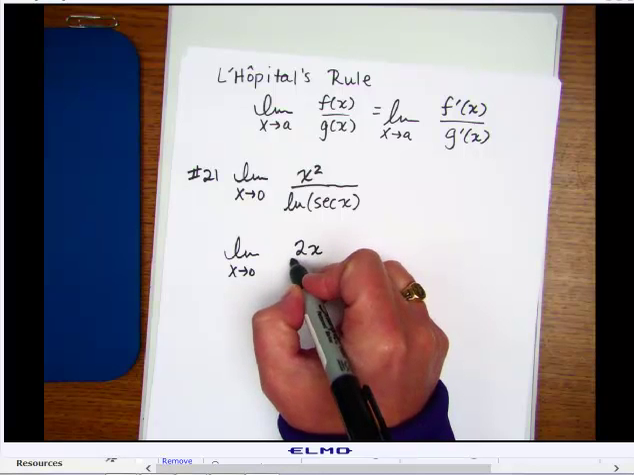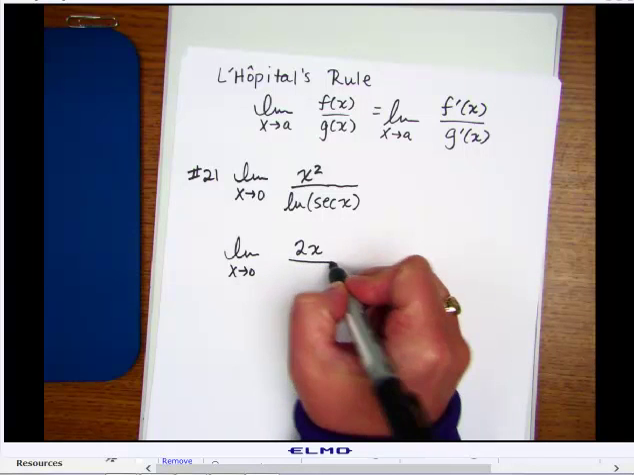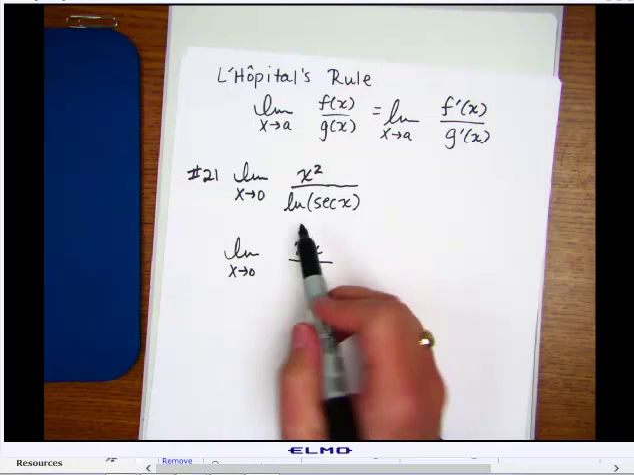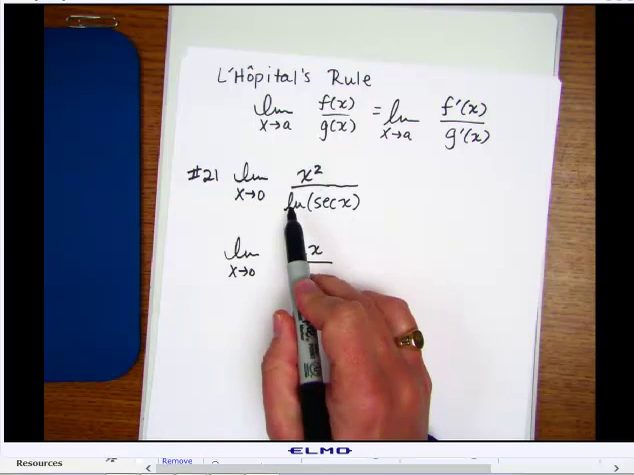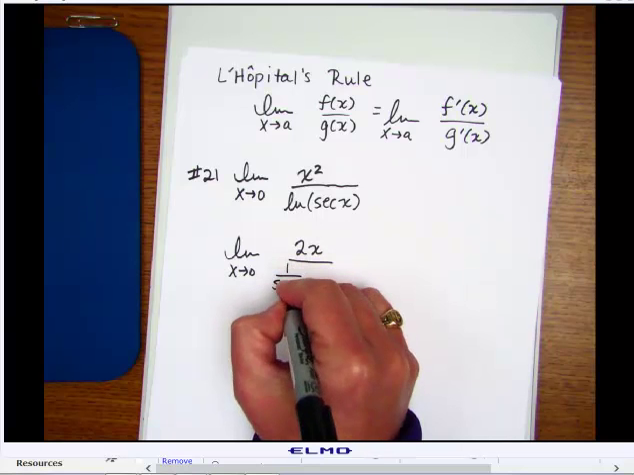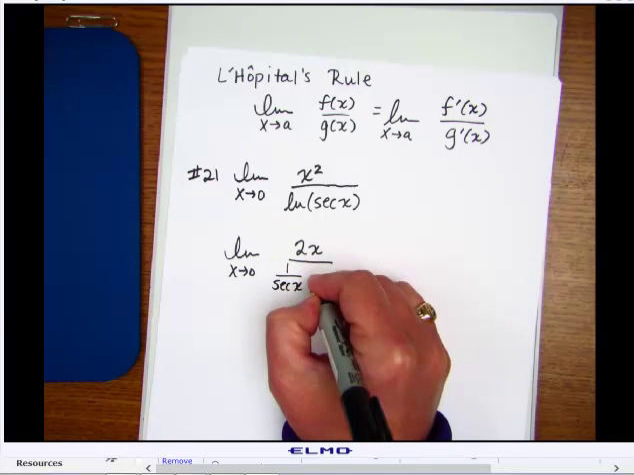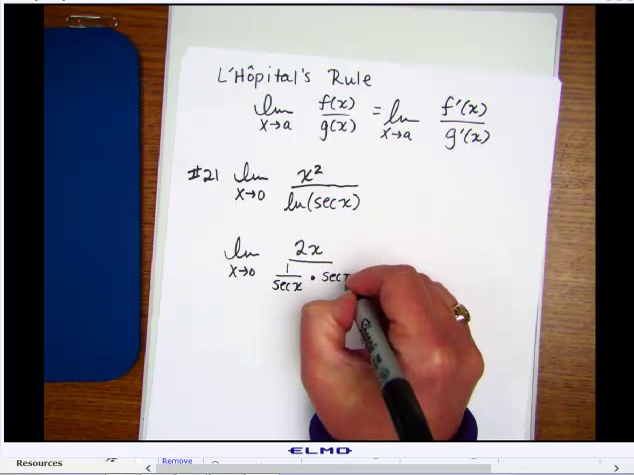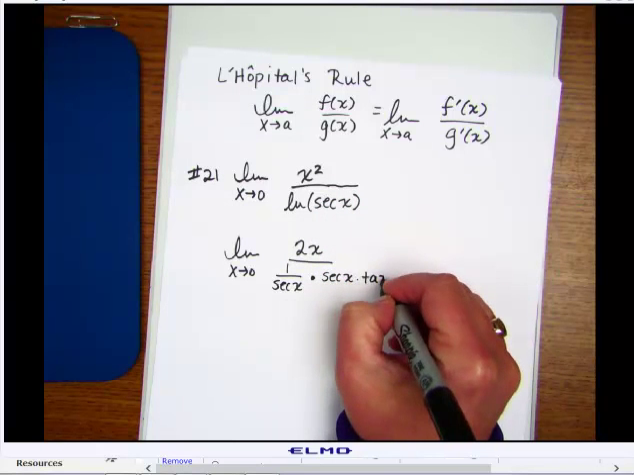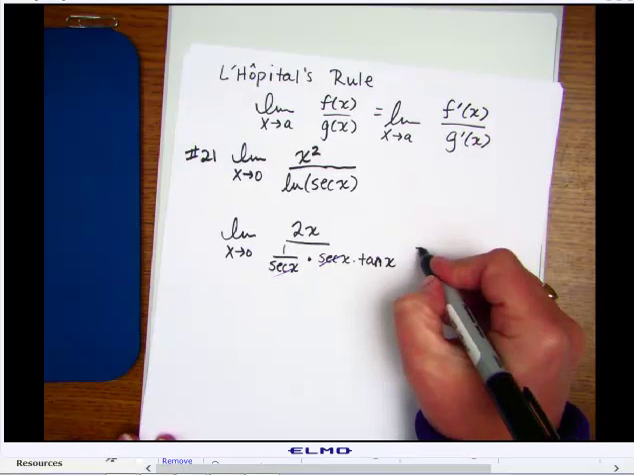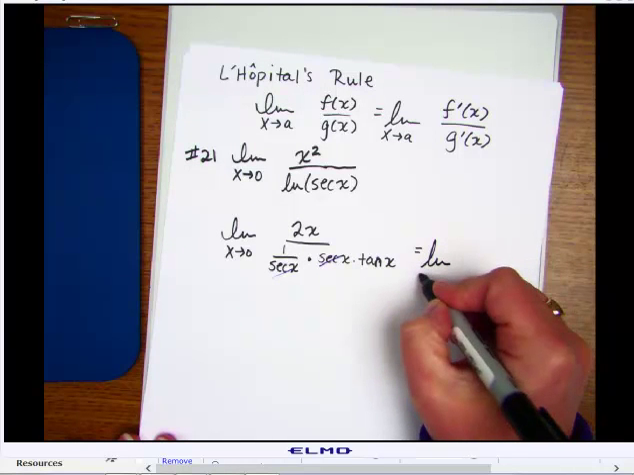over, okay, all right, the derivative of the natural log of secant of x. Well, the derivative of natural log of x is just 1 over x, so that would give me 1 over secant x times the derivative of this part. Well, the derivative of secant x is secant x times tangent x. And now notice here, these would cancel. So this is going to become the limit as x goes to 0